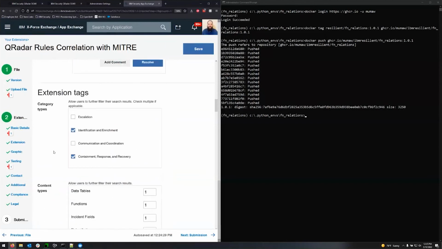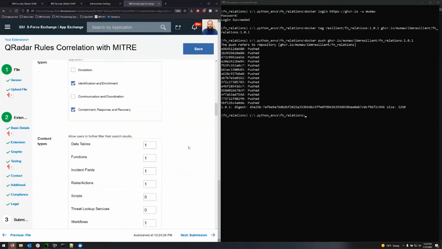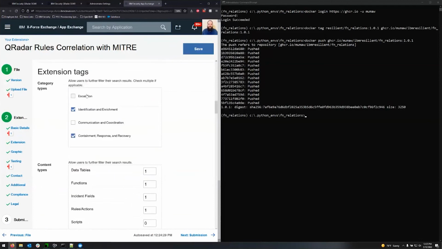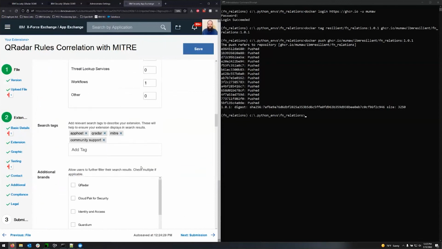And then from there, you can come in here and go into tags. So define where your content type is, define what your tags are actually going to be for this product here. And then if you built this for AppHost, I know that they will send it back to you if you do not come in and add an AppHost tag here. And that allows for, in the searching mechanism, when you click AppHost, or if you search AppHost, it will bring up,